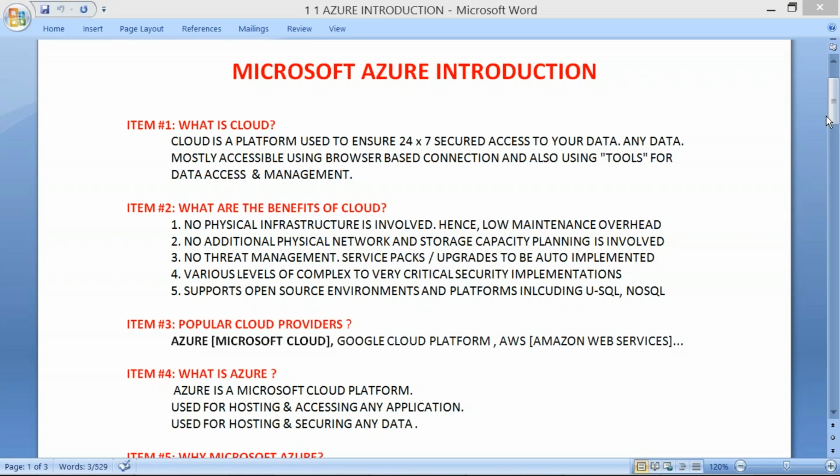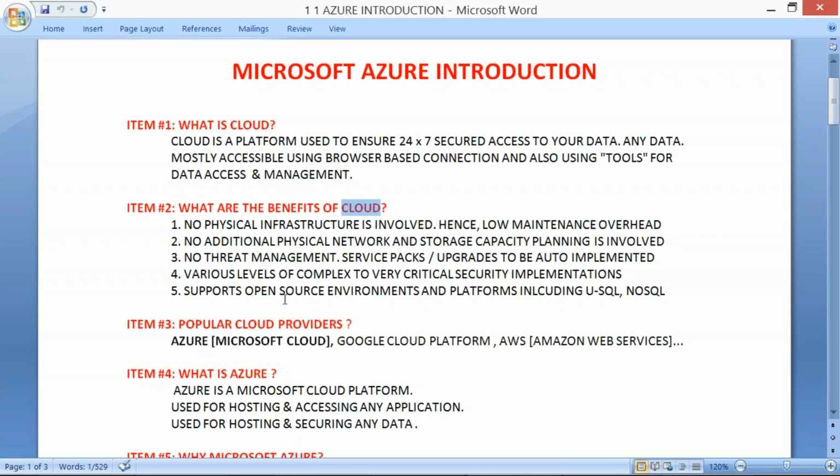Here, instead of something like antivirus, generally we use antivirus software for threat management activities in on-premise. Here we have a different approach altogether to protect our data from malicious software attacks. And auto implementation of service pack or upgrades, complex to very critical security scenario implementations, and any cloud, it supports